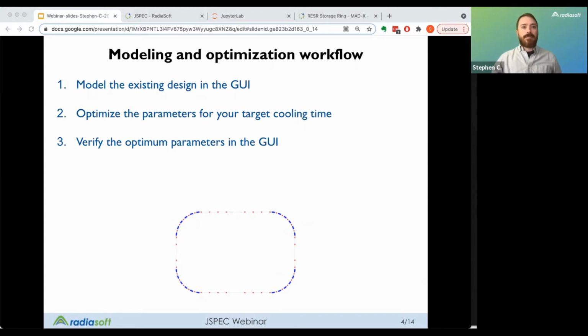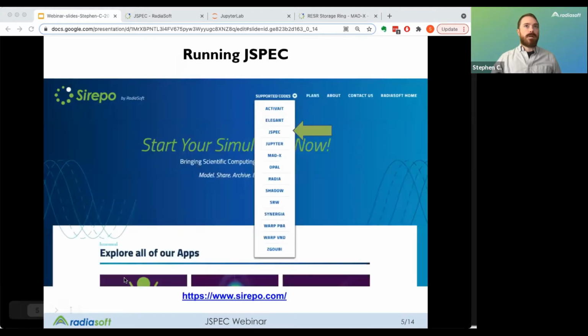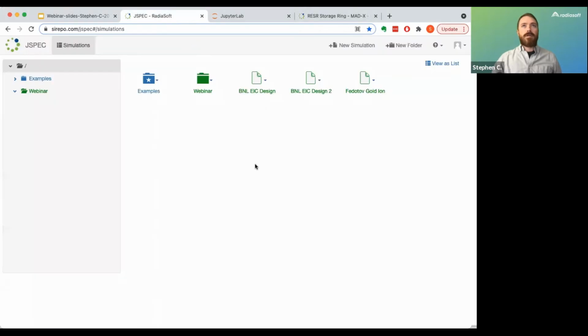So right now I'm going to navigate to JSPEC in Cerepo. You can get there as well if you go to www.cerepo.com and click on the supported codes link at the top and scroll down to JSPEC. So I'm going to go there now. When you arrive at the JSPEC